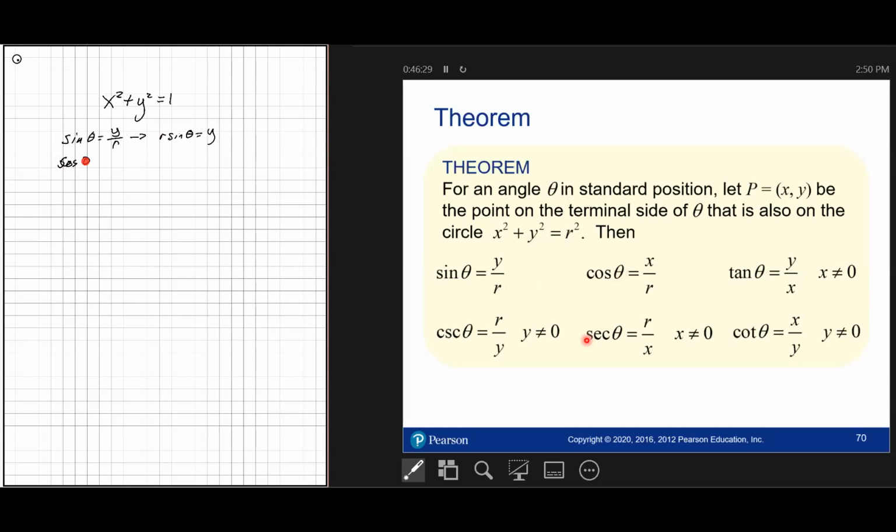Cosine theta equals x over r, x divided by r. And another way to think of this is multiplying both sides by r, you get r cosine theta equals x. So if you're given a point, like we're going to come up with another point on the next slide,